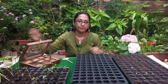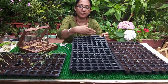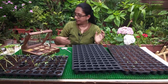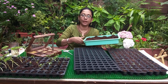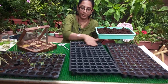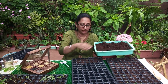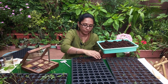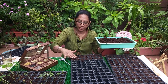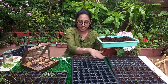Now how to start? So the best method is to have any of the seed trays. These are available in different sizes in the market. Depending on your requirement, you can take smaller or bigger ones. Now the medium we are going to use for the seed sowing is coco peat. Just take coco peat and lightly fill the holes. Not necessarily all the pockets you have to fill. However many seeds you want to sow, that many pockets you fill. Okay, once this is filled,